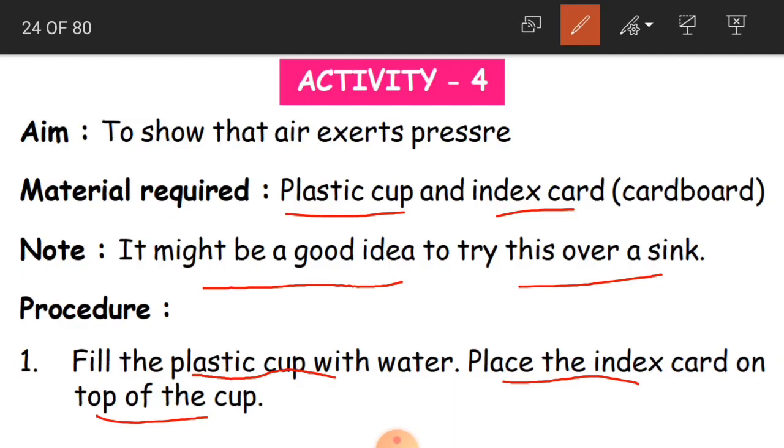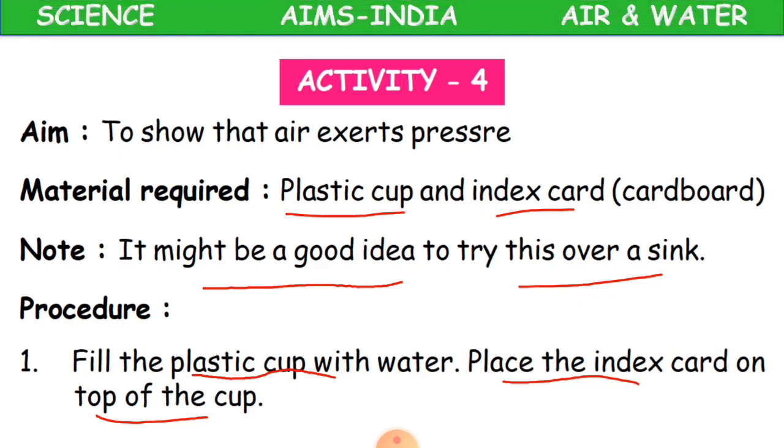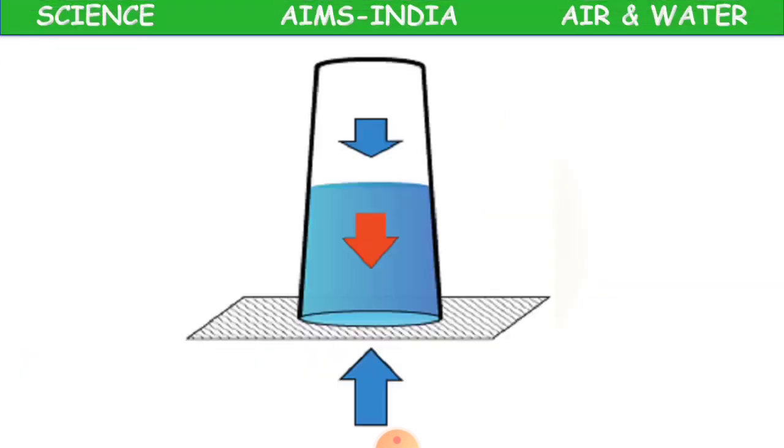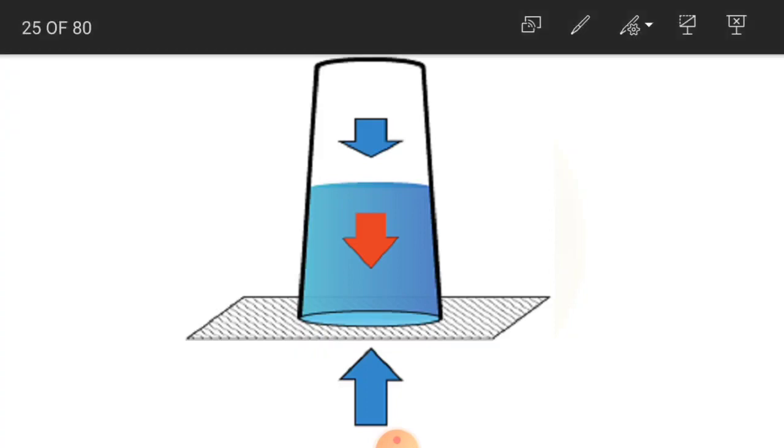Fill the plastic cup with the water and then place the index card. This is the cardboard. Okay, small cardboard on the top of the cup. Just cover it with that. Okay, children? Now what do you do? See here. So this is the water. You have half filled the water actually. This is the cup and you have half filled the water, and you have just closed this with the cardboard,